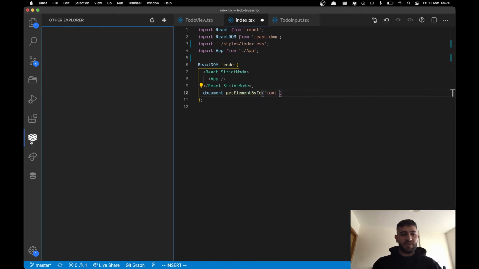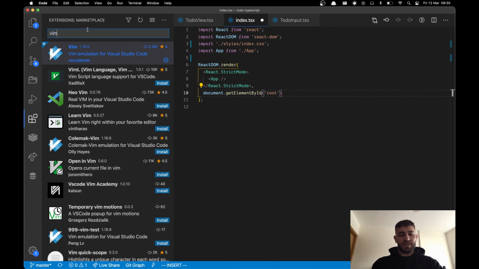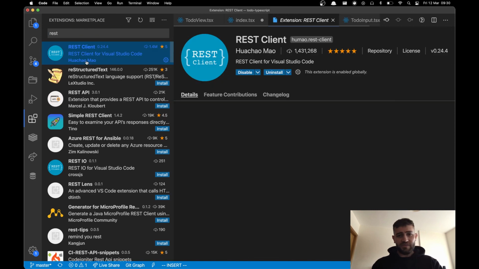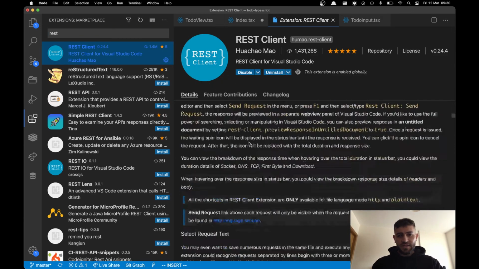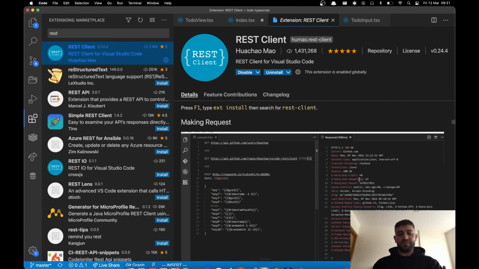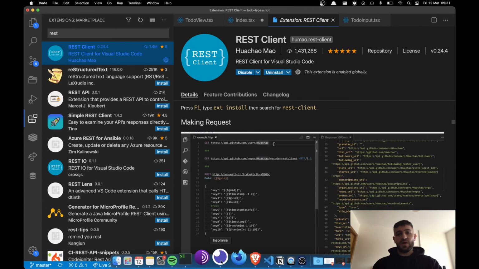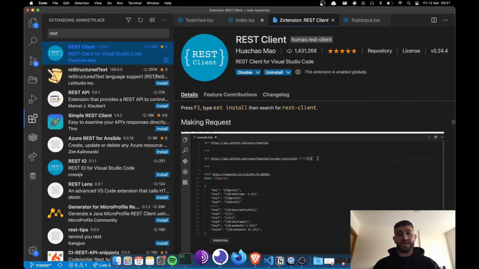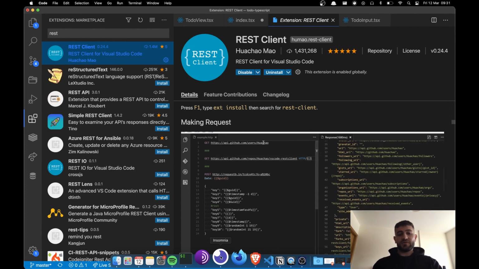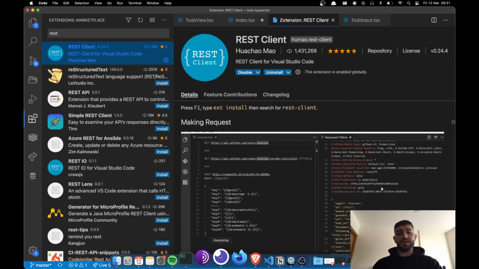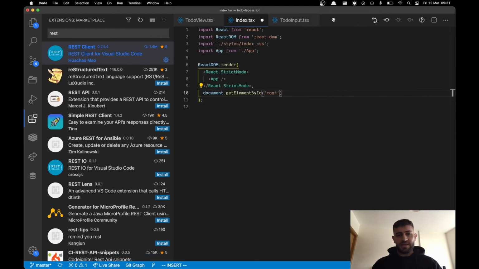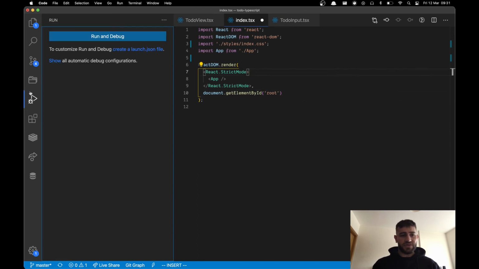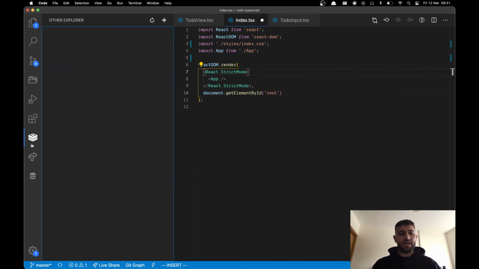In here I have a client which I use to test my endpoints. I know a lot of people would use something like an extension called REST Client, which I have as well. It seems good, but I prefer to go for either Insomnia or Postman. Only when I need to test an endpoint would I go for Insomnia or Postman. Other than that, everything can be done from here, whether it's debugging